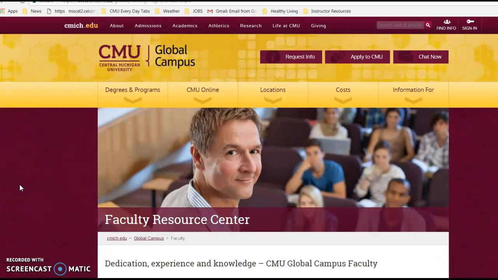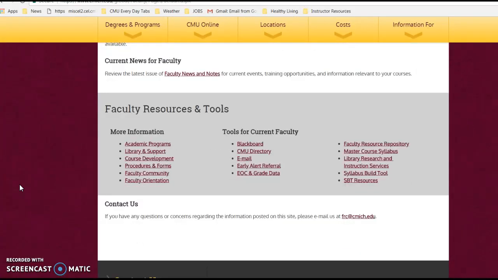Also, the Faculty Resource Center page has many direct links: Blackboard, the directory, email, early alert, or the care team referral. You can review end of course and grade data here. Procedures, forms, the library, syllabus build tool,